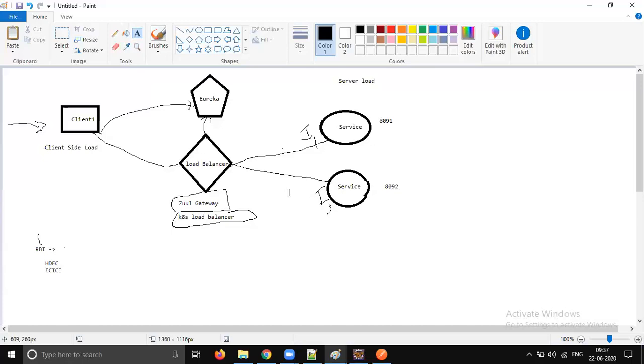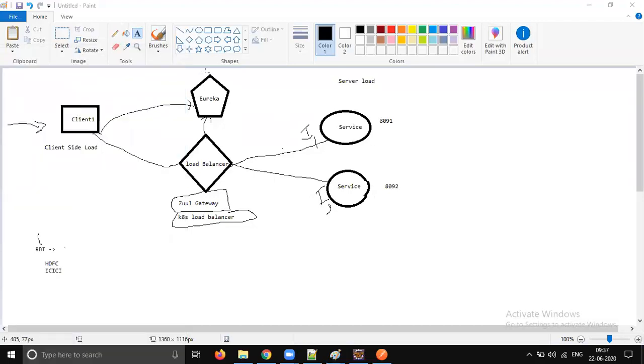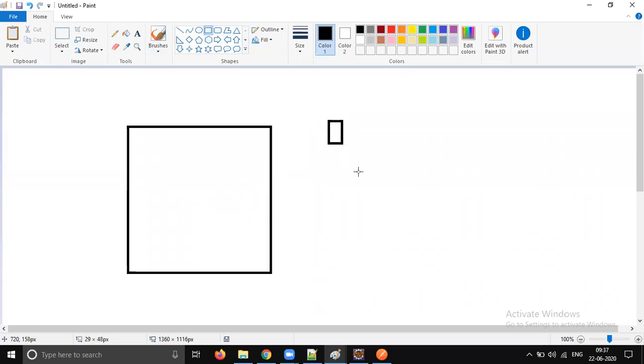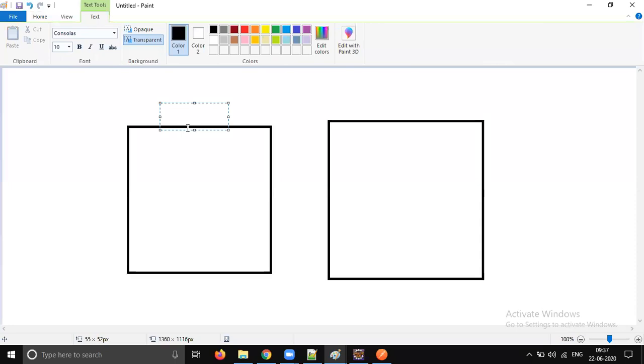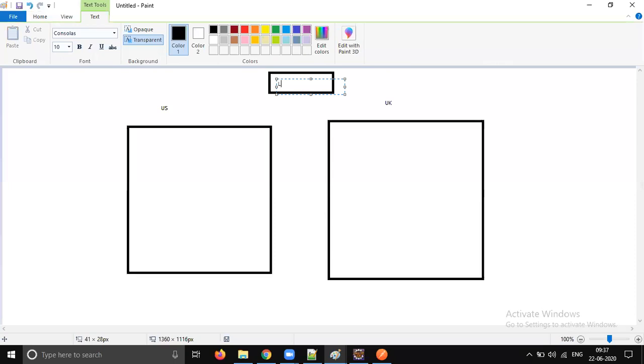If I take it to the next level, like real time, how will things be? Okay, so this is my AWS instance in region 1. This is my AWS instance in region 2. So this is like US and this is like UK. We still have the load balancer, but it is outside of the regions. So this is my hardware load balancer. We will have only one load balancer, outside of your regions.